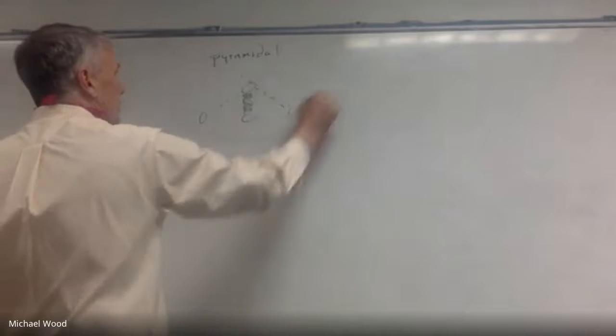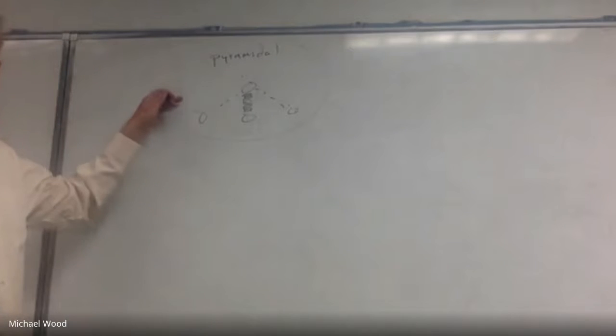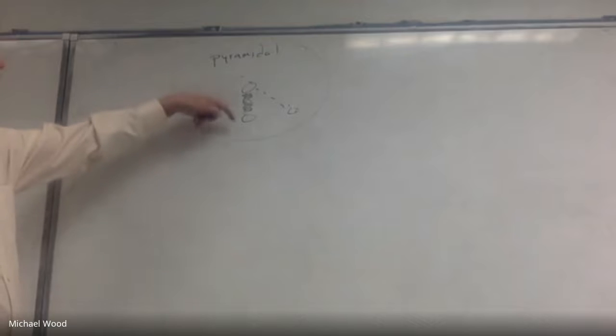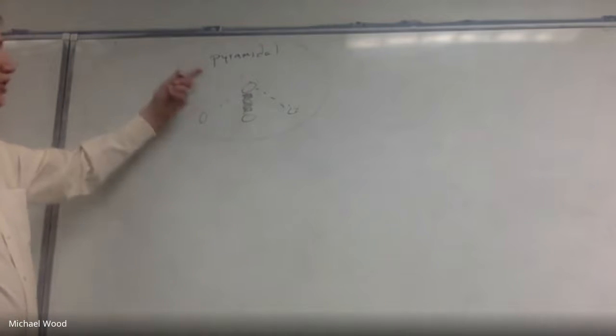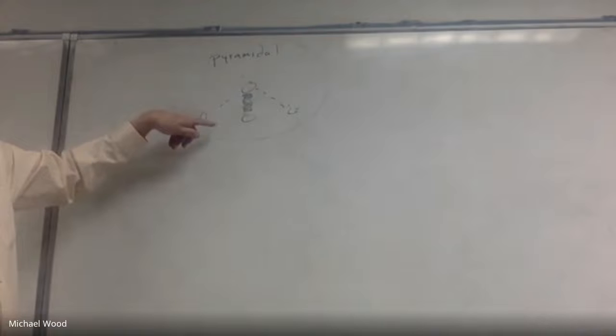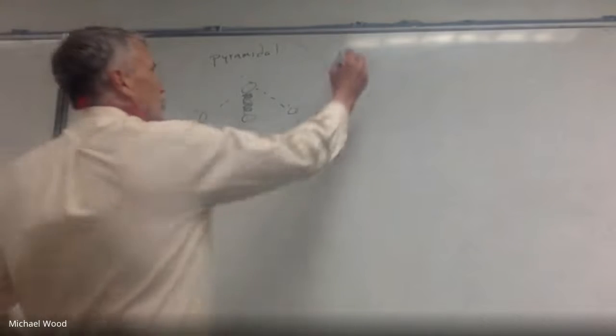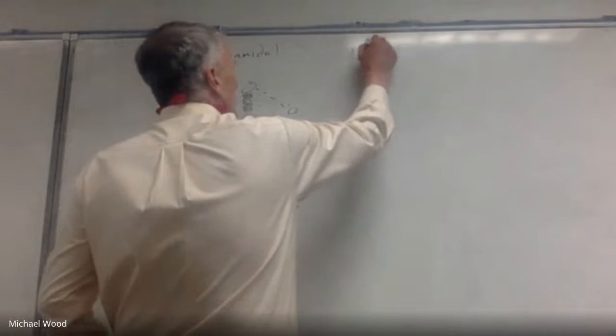So this would be the way you would diagram the shape pyramidal in terms of showing one element coming towards you, and the circle is just any element. The way the trigonal bipyramidal would look,